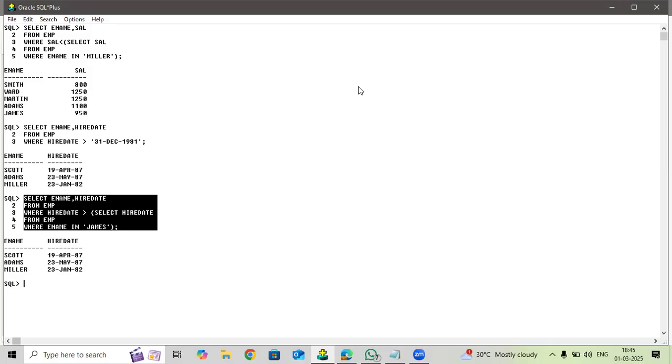Write a query to display number of employees who are